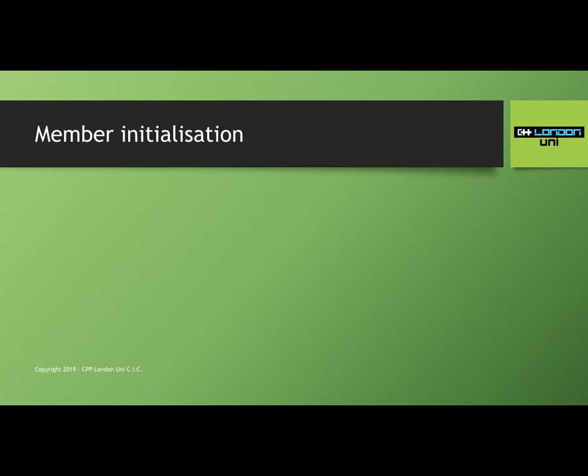C++ constructs objects by, well, first of all, the base classes, but we won't worry about those yet. We'll talk about those in a future session. But then it initializes your member variables from first to last in the order that they are written in your class. And only after it has done that does it run the body of the constructor. That's the bit between the curly braces.